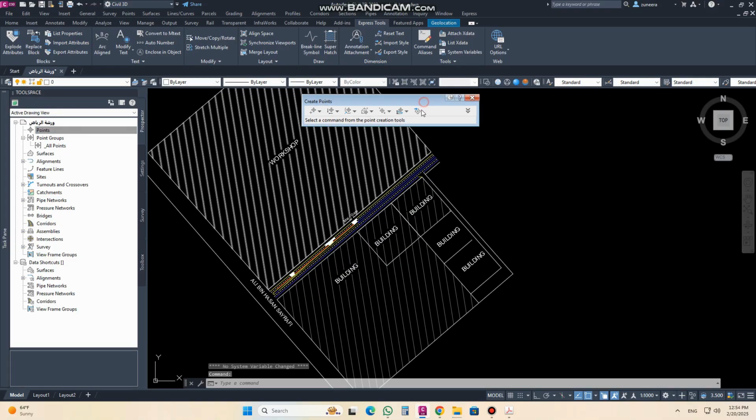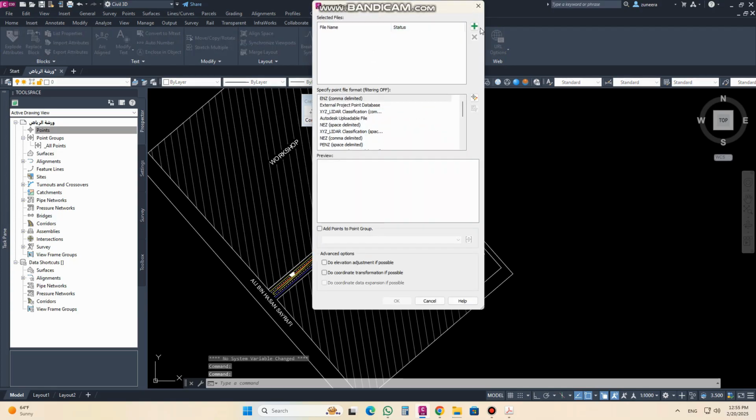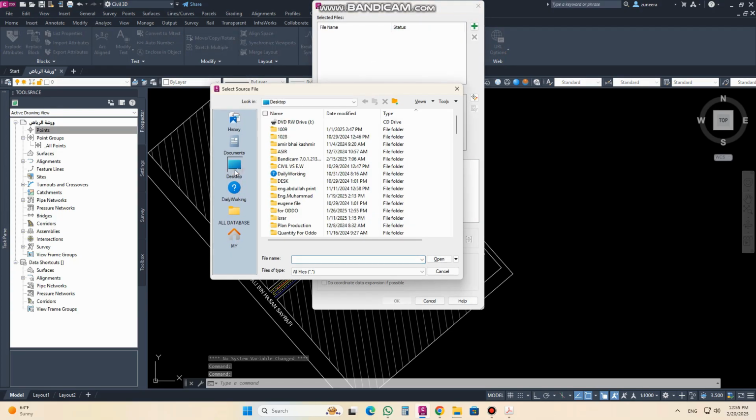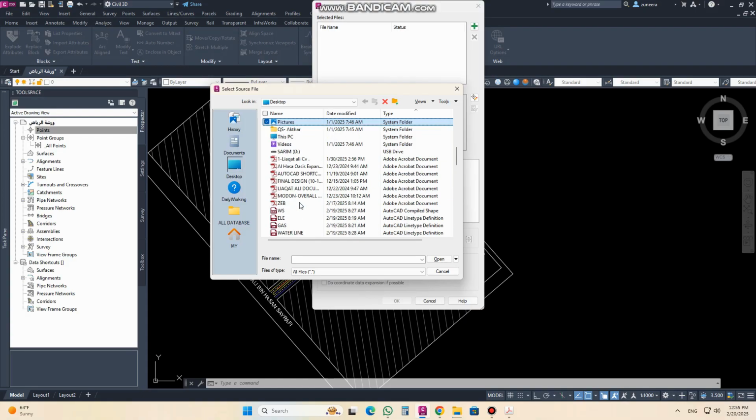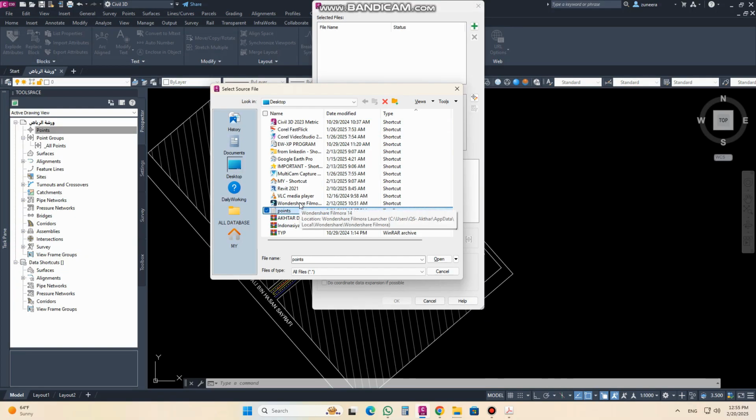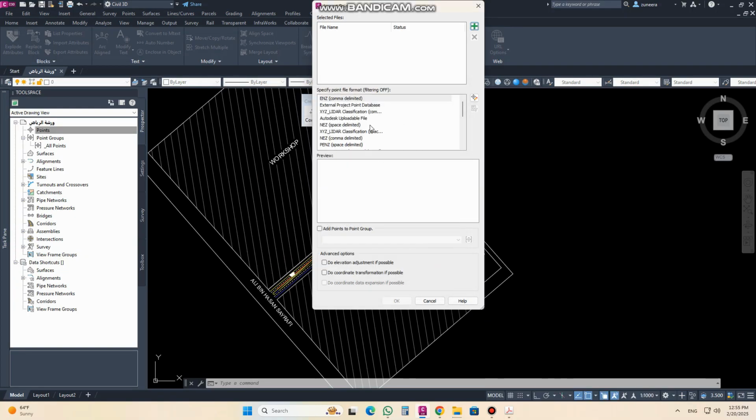to a Civil 3D file, you can see here, from here, File. I will select the point name is point, the file name is point, so I will enter P, and now you can see this file. When I click open,